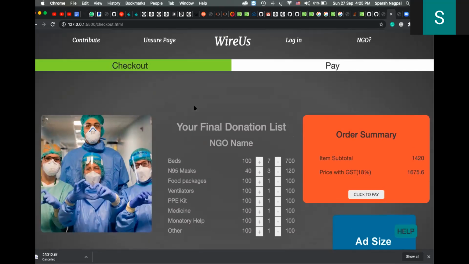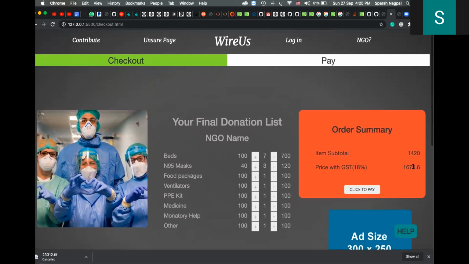If needed, we can even incorporate in later stages that each NGO has a specific model in mind for a ventilator or something, so they can provide their own prices. But we are keeping a basic average price for each of these equipments, and along with that, you can see on the right over here the item total and price with GST 18%,